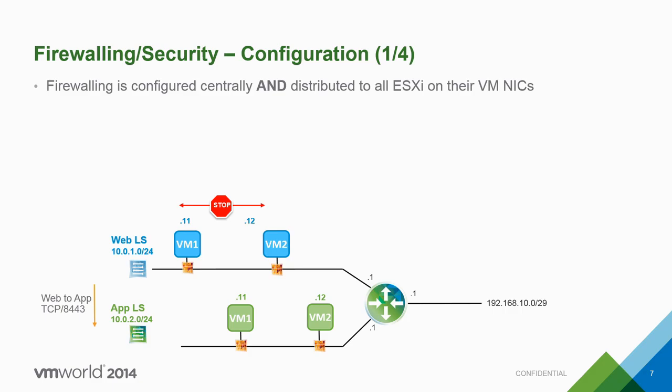And why? Because you do your configuration from a central place where you say my web servers can do blah blah to my app servers, my app servers can do blah blah to my database servers. From outside, nobody can talk to my database servers. So you do all those rules, sorry, in a central manner.